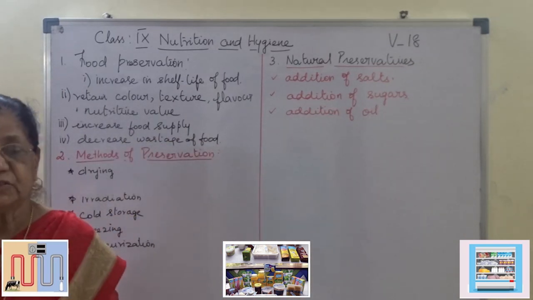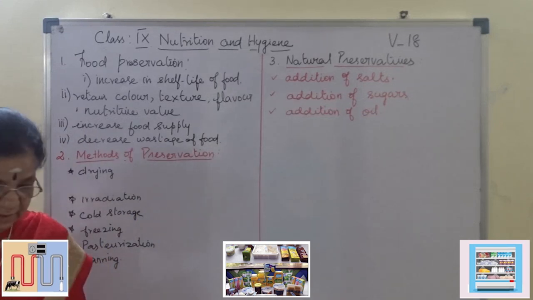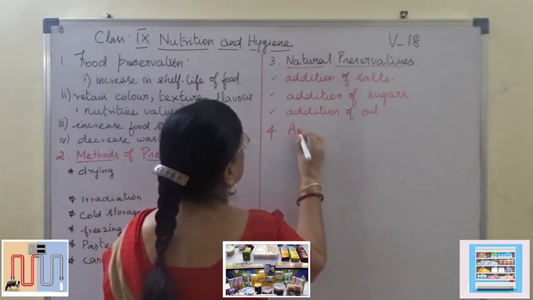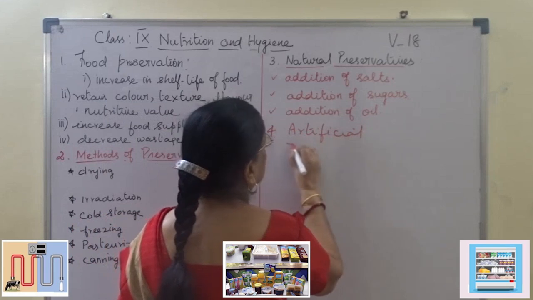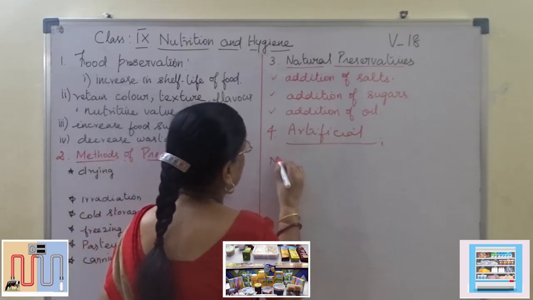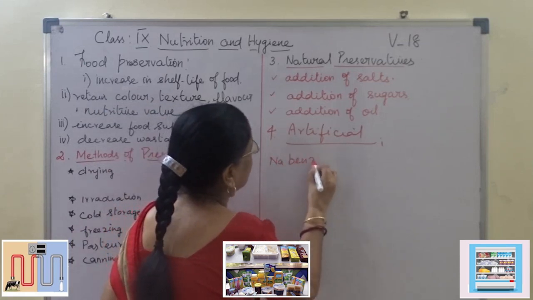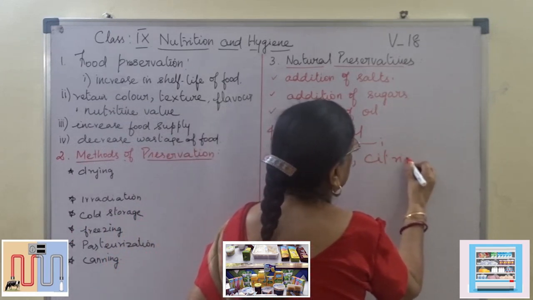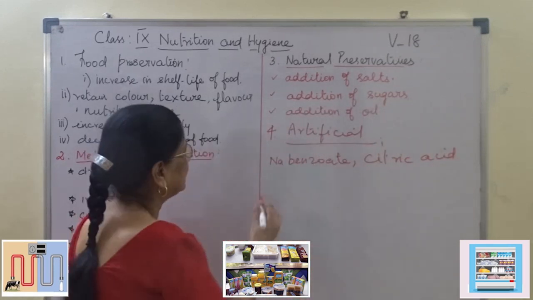That is natural method of preservative. Whereas artificial preservatives are, can I guess? Artificial sodium benzoate, sodium symbol Na, sodium benzoate, citric acid, vinegar,